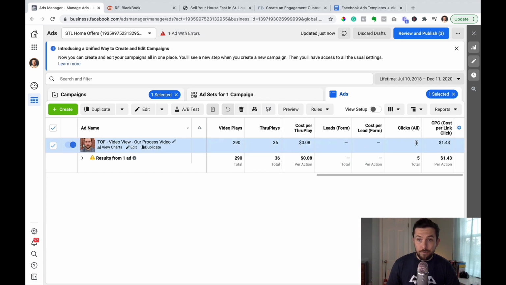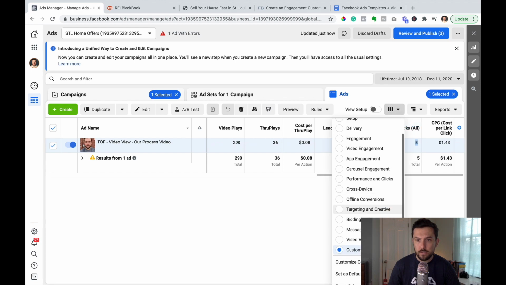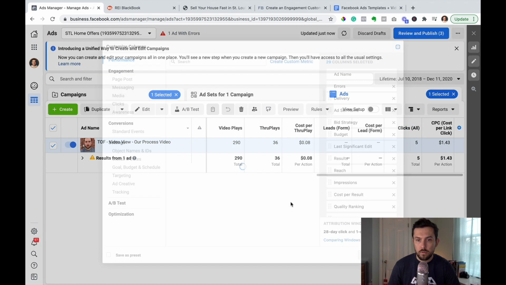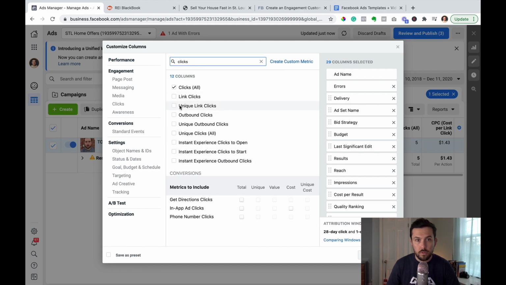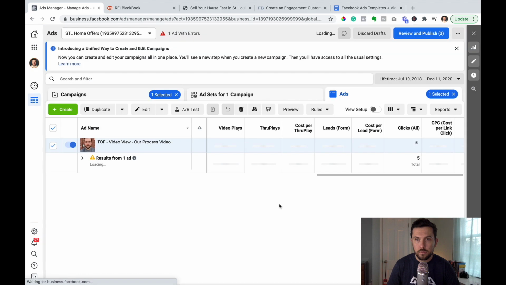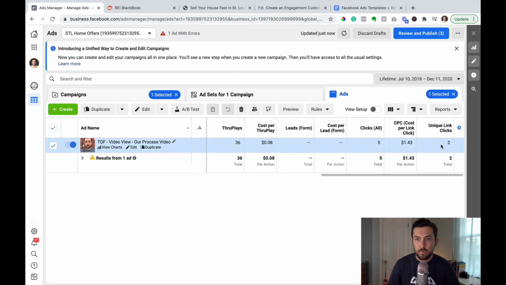You can also see we've had 5 link clicks for $1.43 per click. And so that's actually total link clicks. If we change this to unique link clicks, you can see we've got 2 unique link clicks for $1.43 a piece.